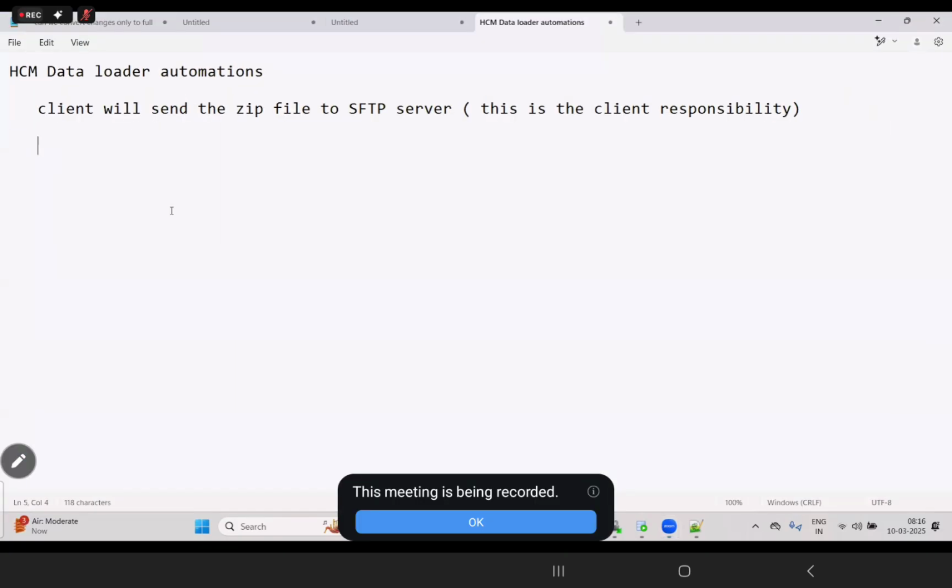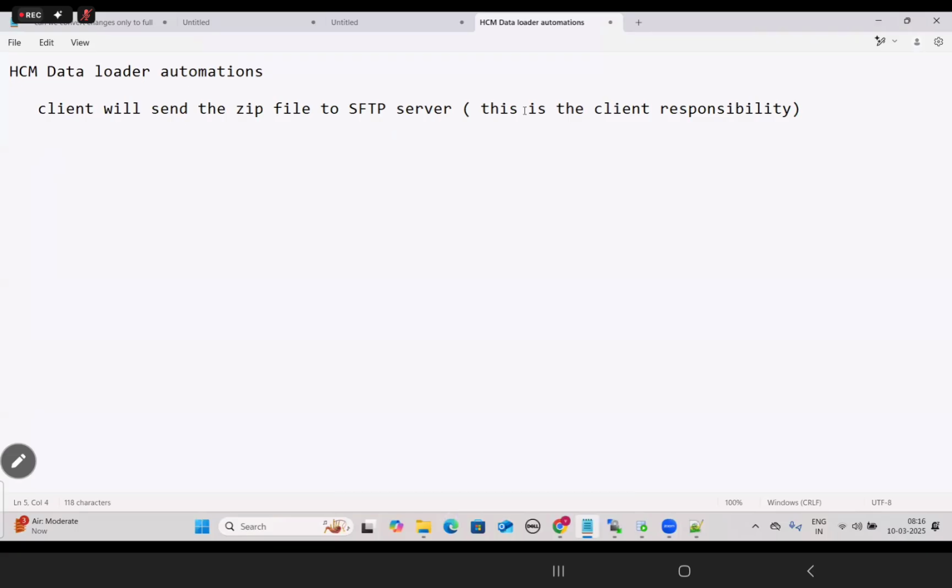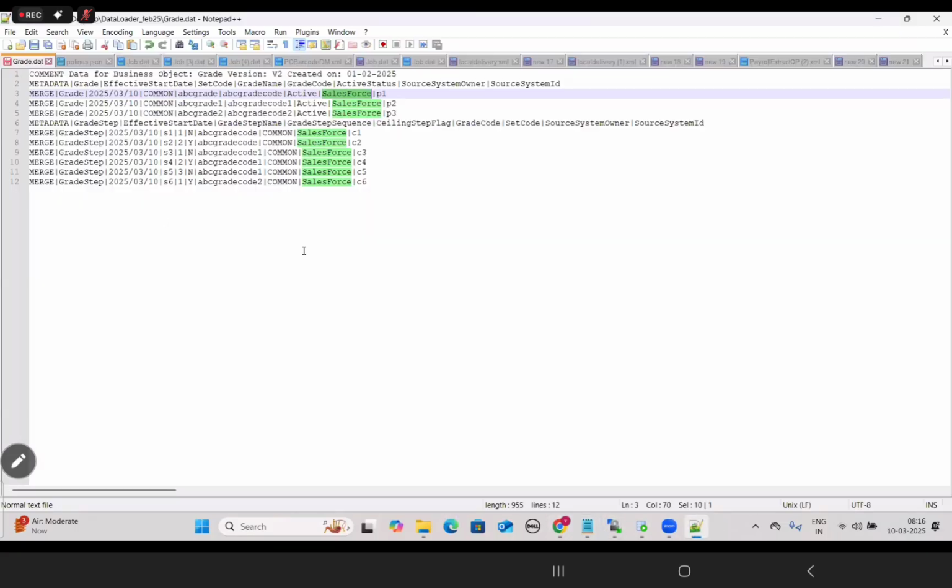Recording in progress. So client will send the zip file to SFTP server, and what we are doing, we have prepared the data file. So this is the grade.dat file. We are going to load into HCM Cloud. So we change only dates here. The existing data file which I used for your batch, I am using the same file, but I'm changing the dates, and I'm updating this Salesforce to where